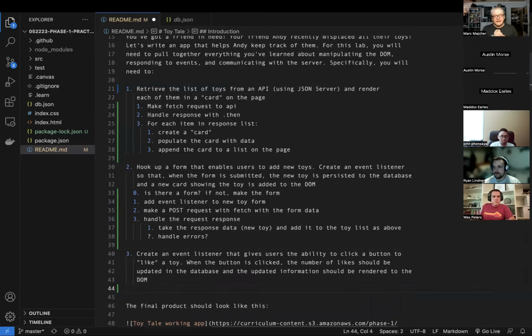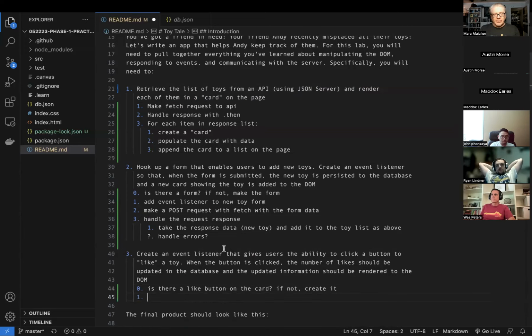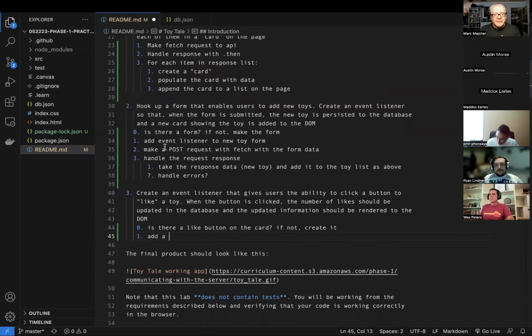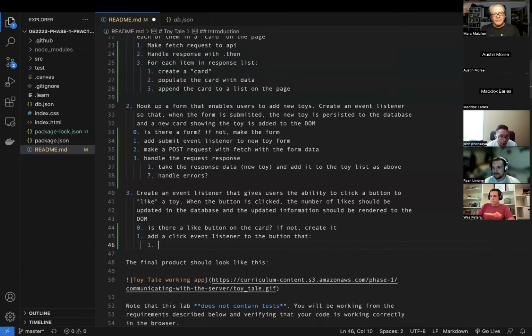And the third part is creating an event listener that gives users the ability to click a button to like a toy. Cool. So is there a like button on the card? If not, create it. So we're going to have to add, I'm going to say a submit event listener there, right? Because it's going to be a click event listener to the button. And then that is going to make a